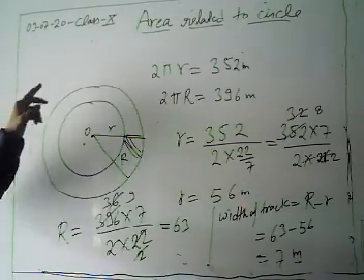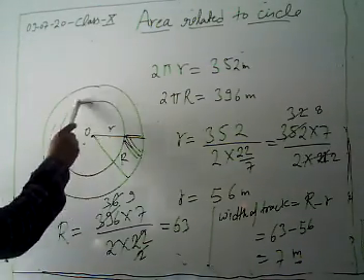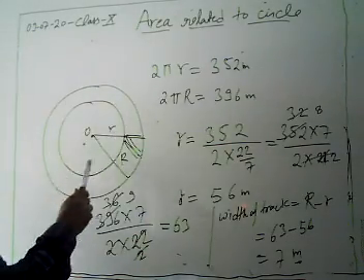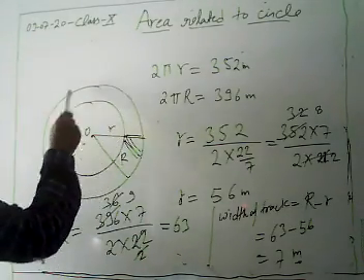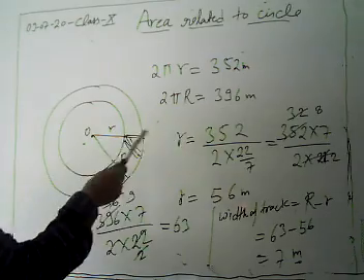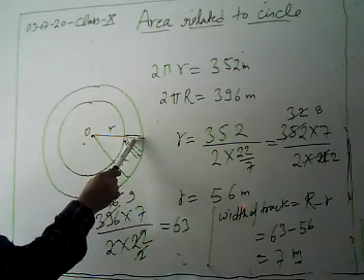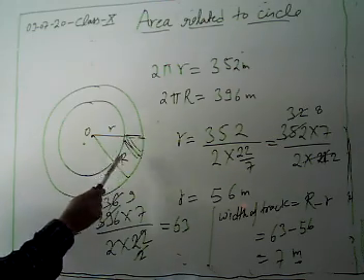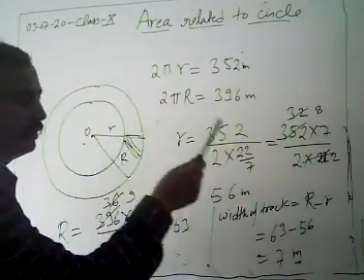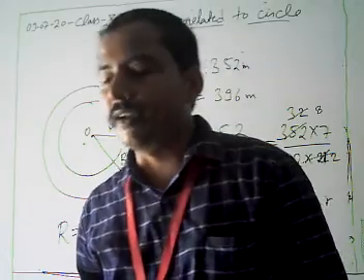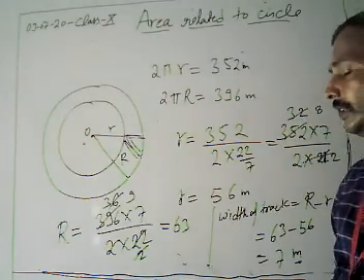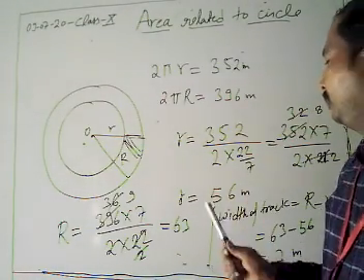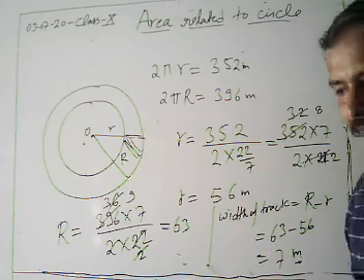I am going to revise it. First of all, the circumference of the smaller circular region is given, and then the bigger circumference, 396, is given. We have to find the width of this track. We find it as the difference of the bigger radius and the smaller radius. First we find the smaller radius, then the bigger radius, and then take the difference to get our required result. Now we are going to move to our next problem.